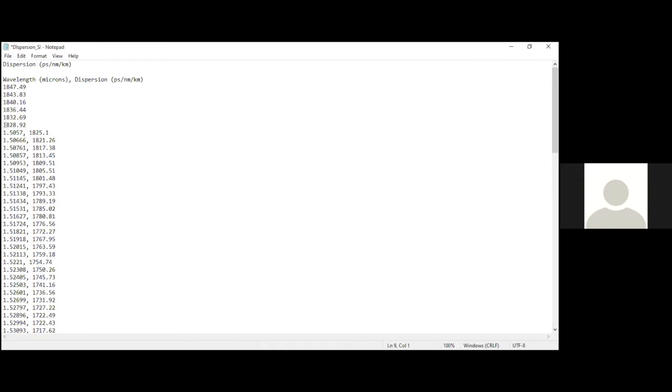But while exporting itself, there is an option to export only x data or y data, which is available in the licensed version. In this trial, I cannot see that. But in the licensed version, I can export only the y data directly, and you can retain this y data unit as picosecond per nanometer per kilometer. We should not disturb this, and the same legend can be given for the y coordinate while plotting the data. Like this, we can take out any data from the modeling tool.